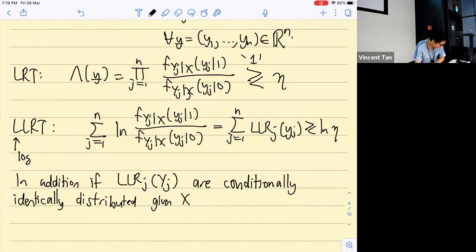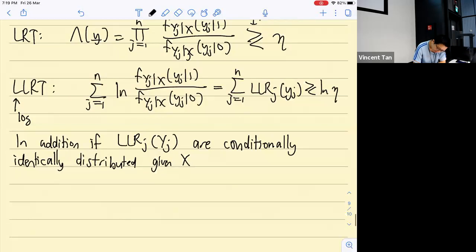Then our life becomes simple, because all these functions have the same form. That is, all the LLR_j dot are equal to LLR dot. So the functions are all the same, and the rule reduces